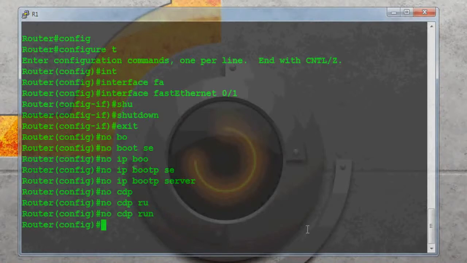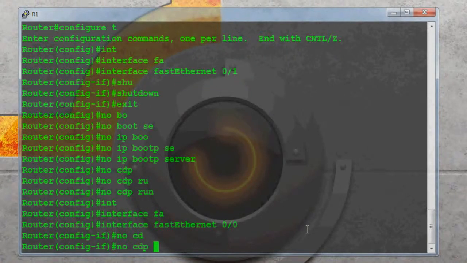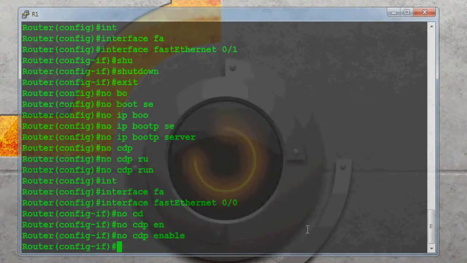Also go to interface FastEthernet 0/0 and type no cdp enable. It's done.